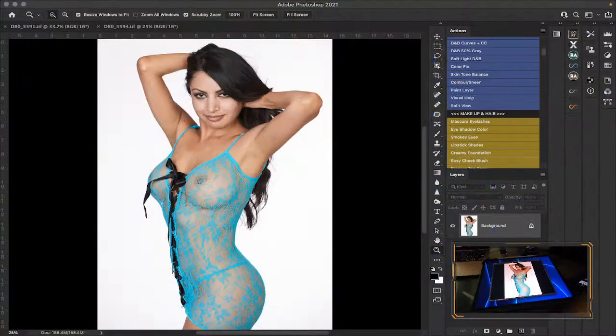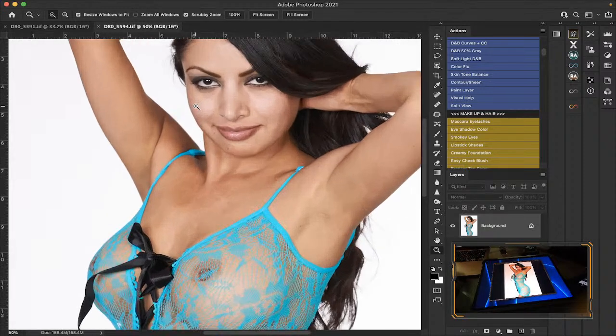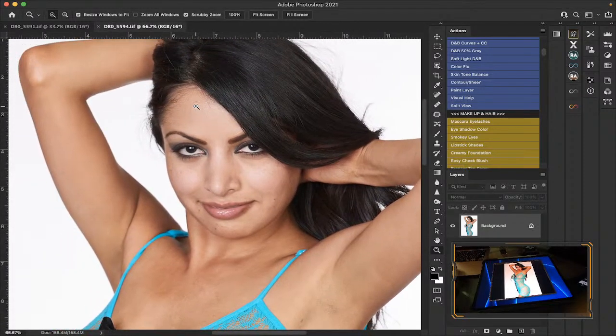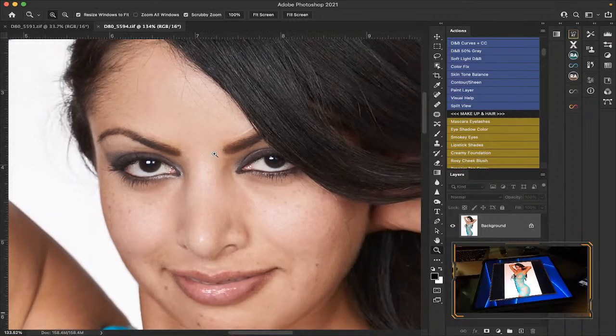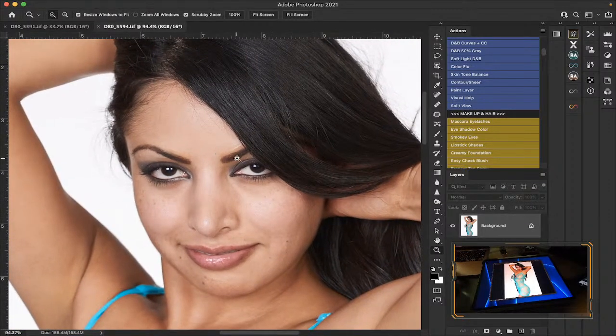So then that'll allow me to do touch-ups on the iPad as well as work, depending on which tool I'm using. So if I'm zooming in here and I'm looking at certain things that I want to improve upon, or if I see some imperfections that I want to take out, it's going to be a lot faster and more precise to do it on the iPad because I have more control using the pen than I would have if I was using just my hands. So if I zoom in on this image,